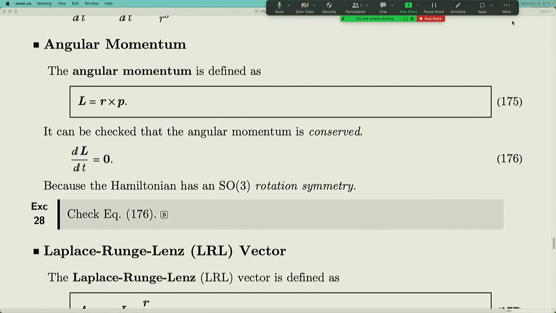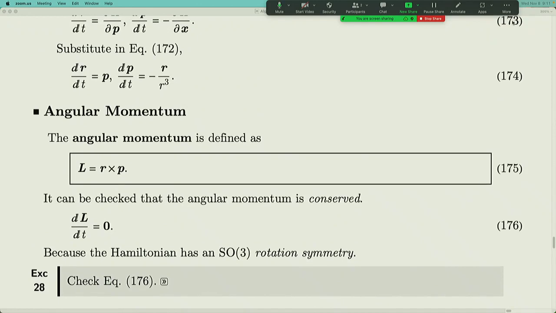And angular momentum in this system is defined as the cross product between displacement and momentum. And it can be checked that the angular momentum is actually conserved. The way to check it is to directly substitute this equation of motion into this time derivative of angular momentum,